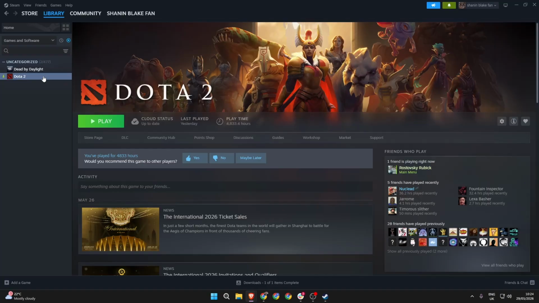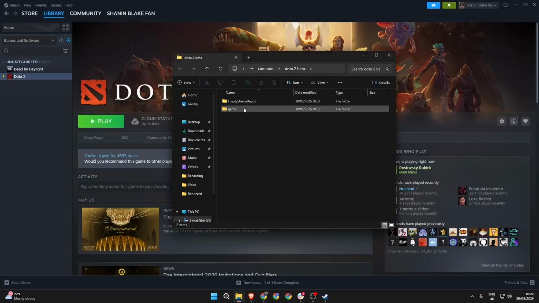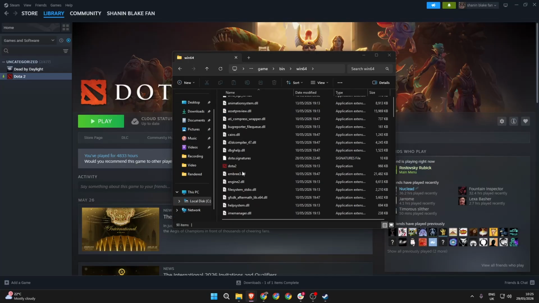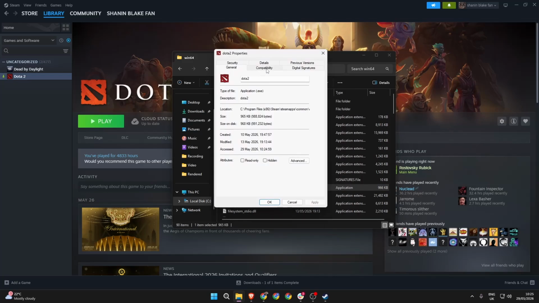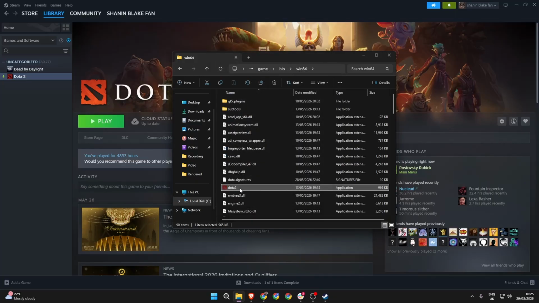If it's still not working, we want to right click on Dota 2 again, navigate to Manage, and then click Browse Local File. From here, you want to click Game, then bin, then Win64, and you want to find the Dota 2 application here. Right click on it, then select Properties. From here, you want to click on Compatibility and then check Disable Full Screen Optimization and then check Run this program as an administrator. Click OK and then launch Dota 2 from here and see if that has fixed the